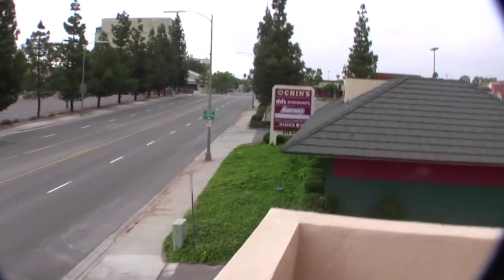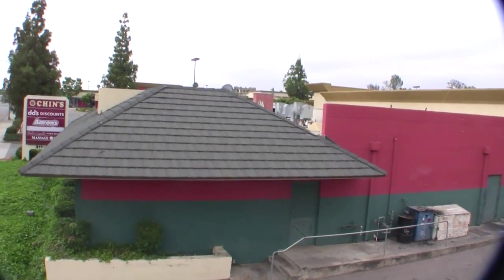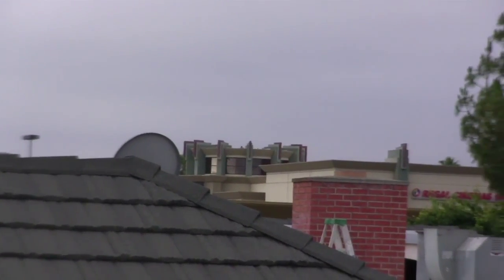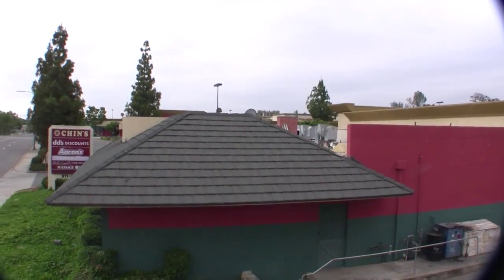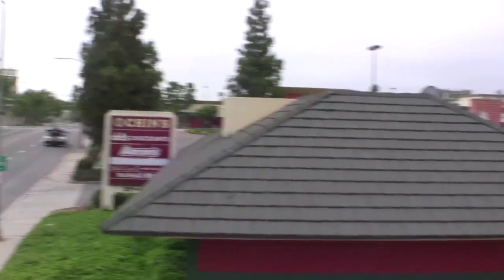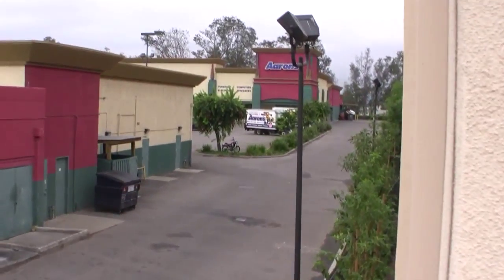So over here we have kind of the restaurants, and you can see over there that's the theater, Regal Cinemas. So that's kind of like the shopping complex that's right next to here. It has a whole bunch of places. And we kind of border a little bit of an alley right here. So anyway, going back inside,